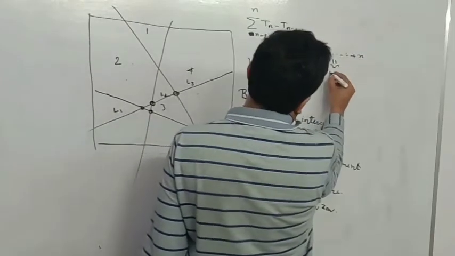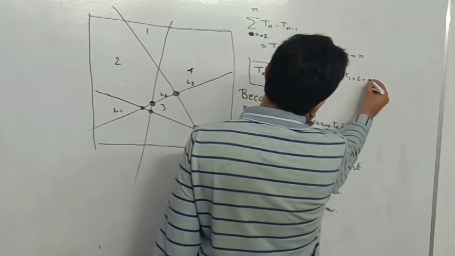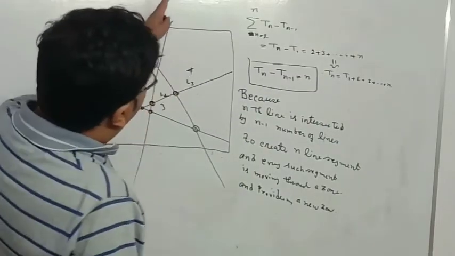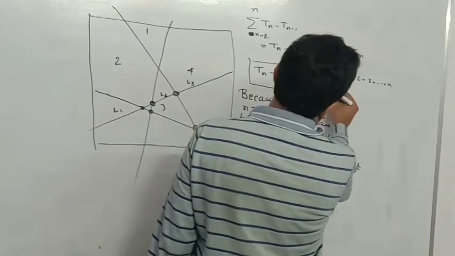And from here we will get Tn equal to T1 plus 2 plus 3 up to n. Now T1 equal to 2, because if I draw one line that will divide the plane into two portions. So overall Tn equal to 1 plus sigma